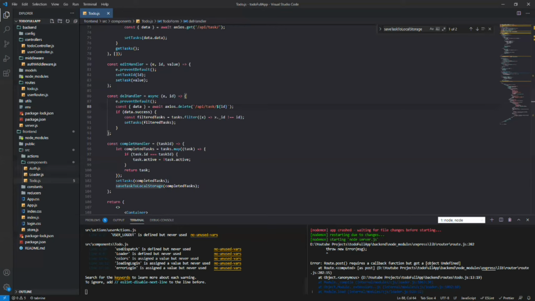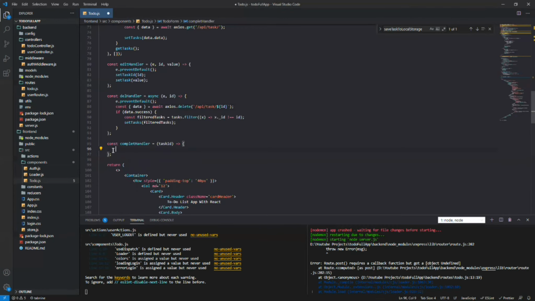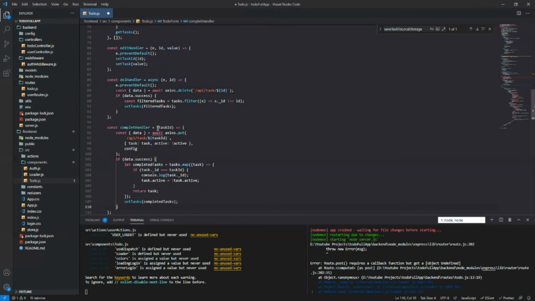So the same update API we can use, right? Config is not needed.